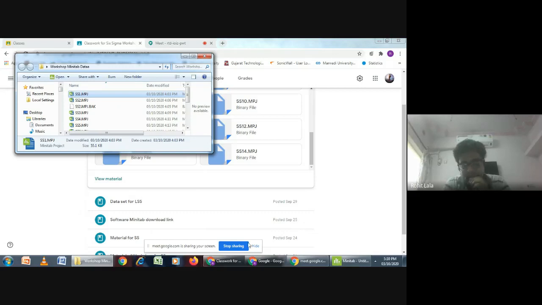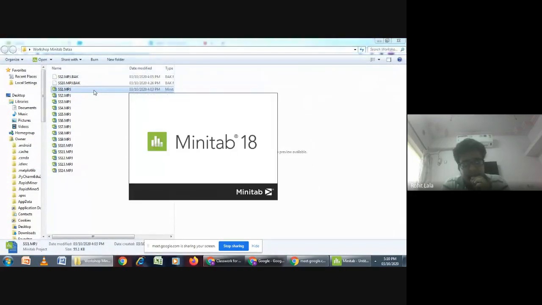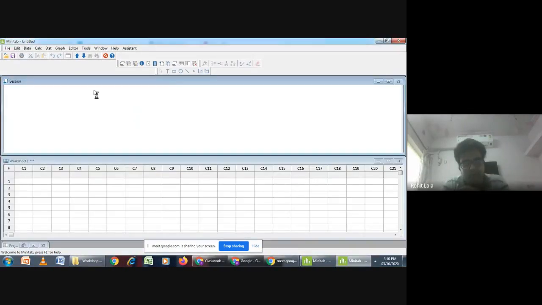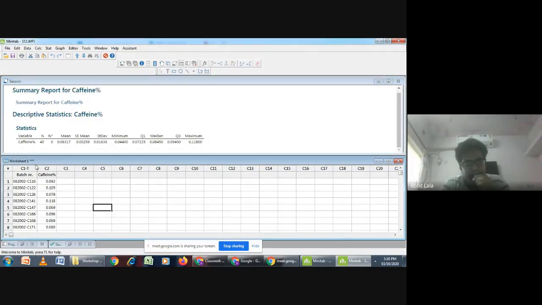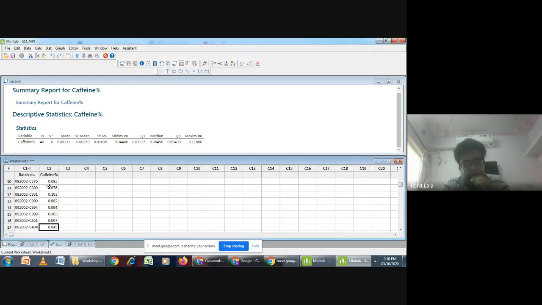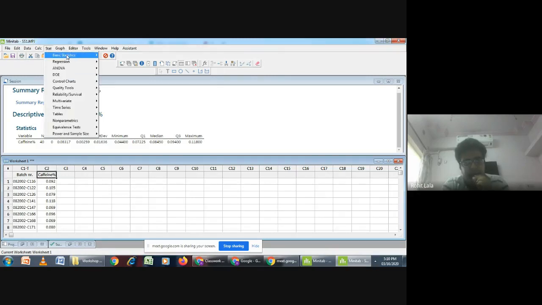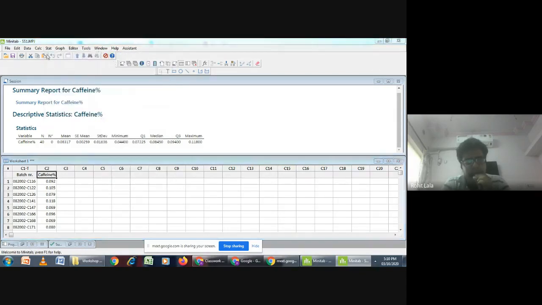Like for example, when we started our workshop, the first thing we saw was the graphical things. When you click on SS1, that is our data set one. Basically, we had calculated the summary statistics of all of the data. It was data of the caffeine percentage of coffee for 40 batches. You all know how to calculate it, as it has been repeatedly taught, but I will give a brief on how to do it.